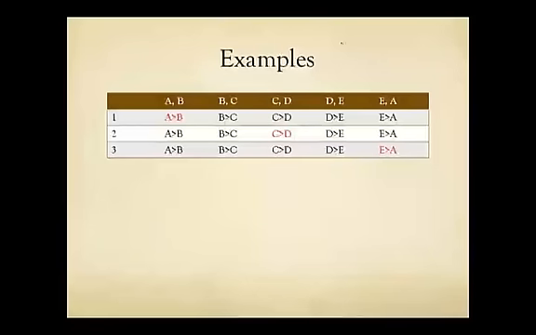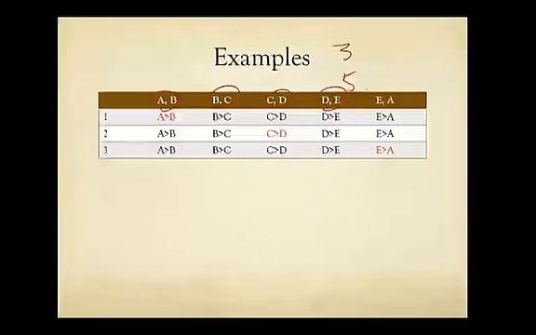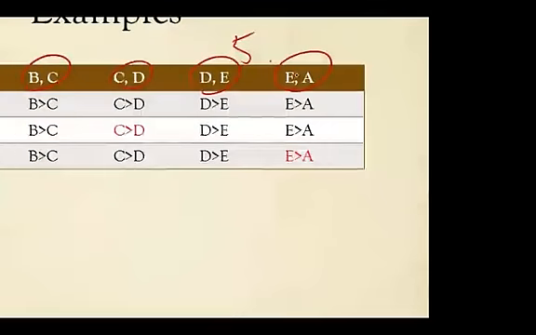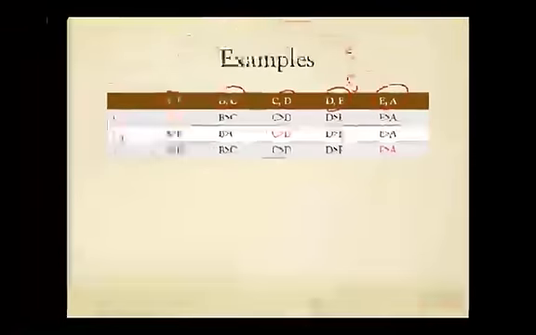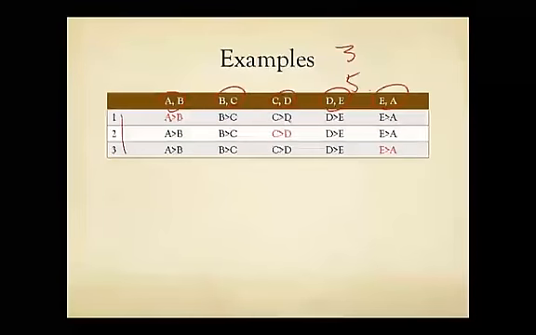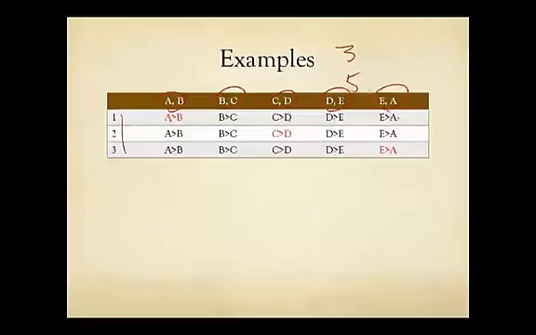Let's say we've got 3 voters and 5 candidates. Okay, voters 1, 2, 3, candidates A, B, C, D, E. Let's look at these pairwise comparisons: A, B; B, C; C, D; D, E; and E, A. To start constructing counterexamples, we can just say that each of the 3 voters has the identical and cyclic input, which is A better than B, better than C, better than D, better than E, which is in turn better than A. This clearly is a cyclic input, and therefore should not be allowed.